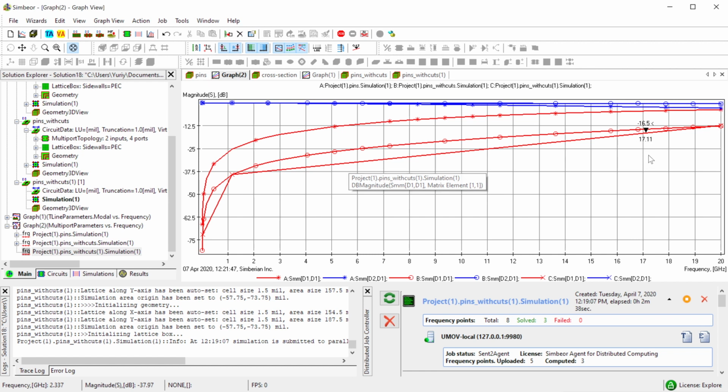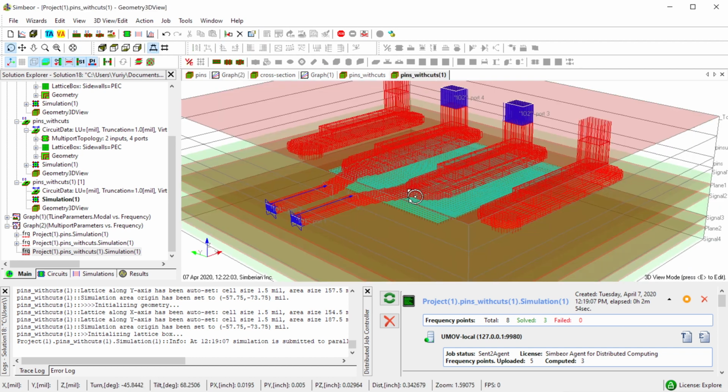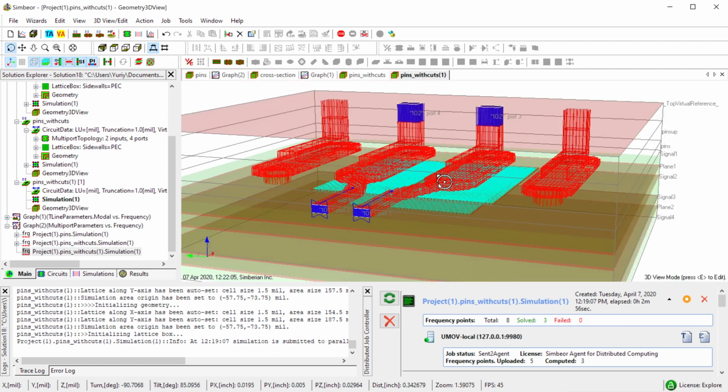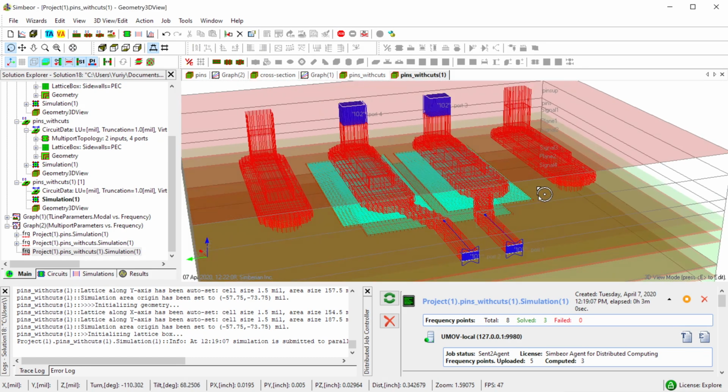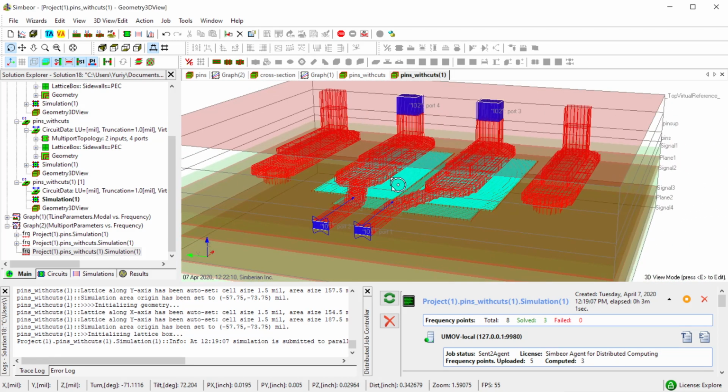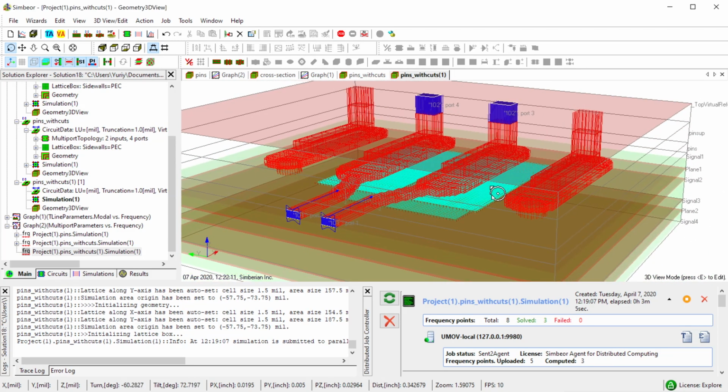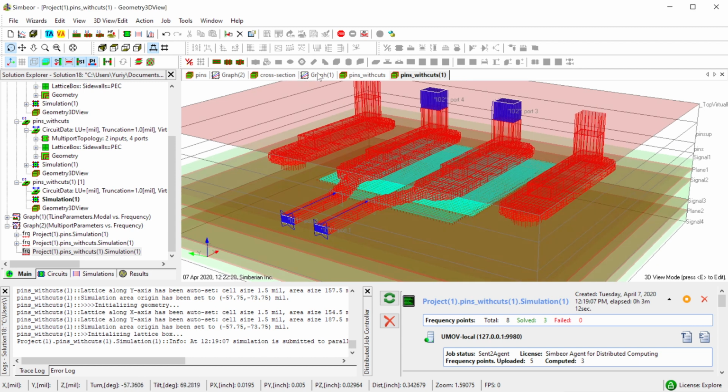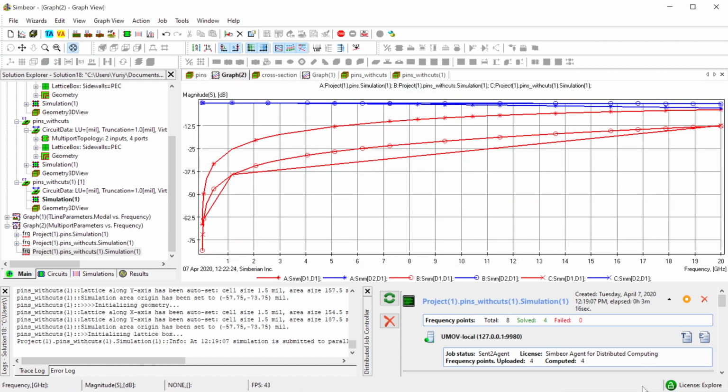So 3 points simulated, and we can see that this, as expected, didn't change much. It will not change. So just 3 points are on the same curve, as expected. So this is important for the common mode. We are looking at the differential mode, and the differential mode behavior didn't change. But we have a complete model with the common mode, so we need to do something like this. Let's just wait till it finishes and wrap up.